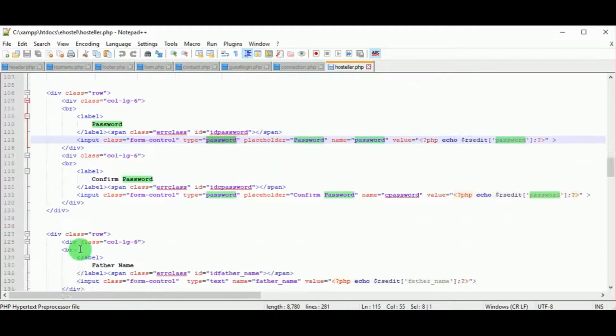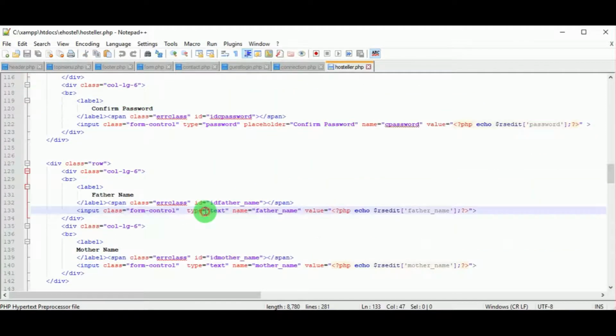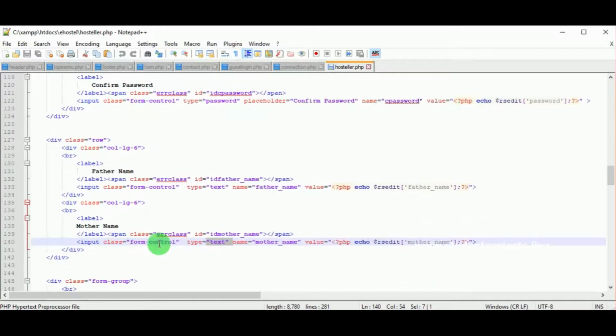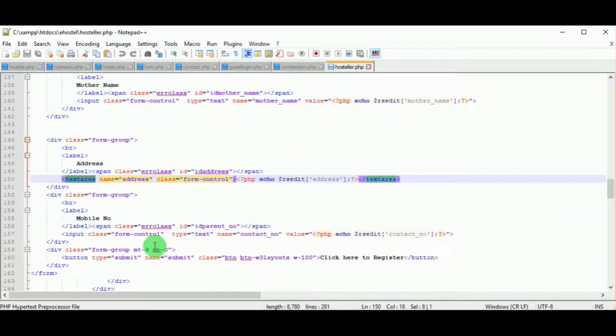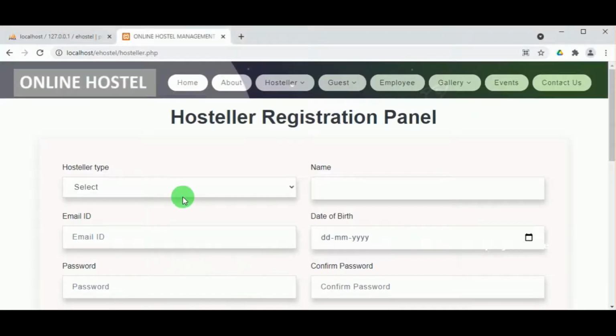Next, for the password, you can see the input field with the type password, and for the confirm password also the type is password. Then the father name and mother name have the type text. Address has a text area. Each text field will have a unique name as well as a value, followed by a button which is a submit button.